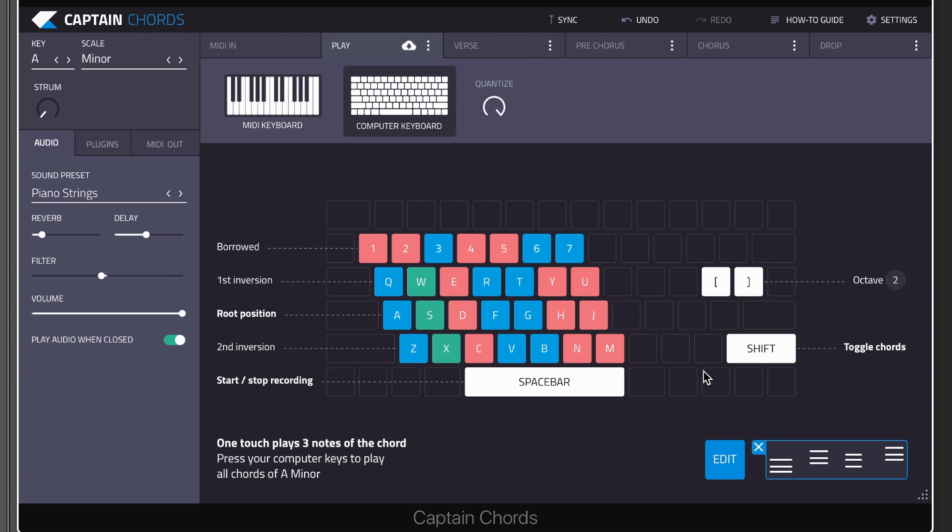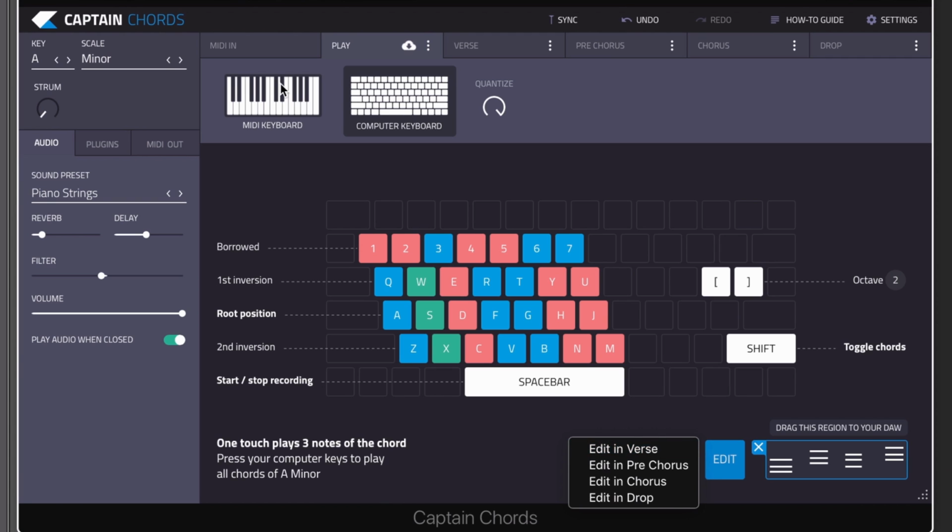And once you're finished with your auditioning and you're happy with what you've got, you can press edit here and you can copy this into one of the tabs to then edit further. So it's a really powerful feature. And I more or less always start with this and then take what I've done in there into a verse and then edit it further. So it's a really strong feature.